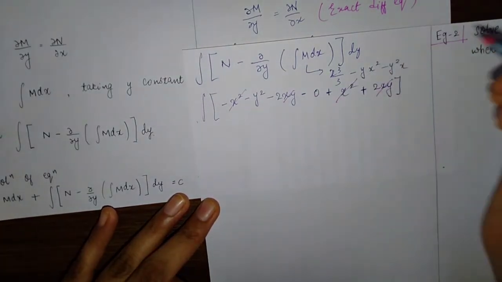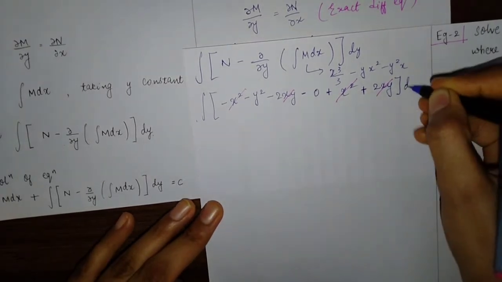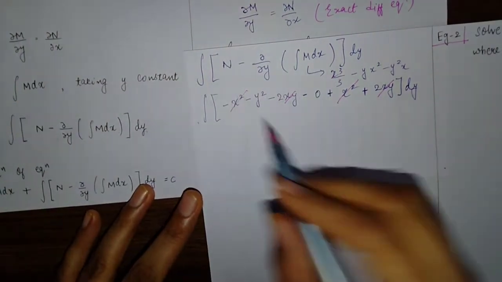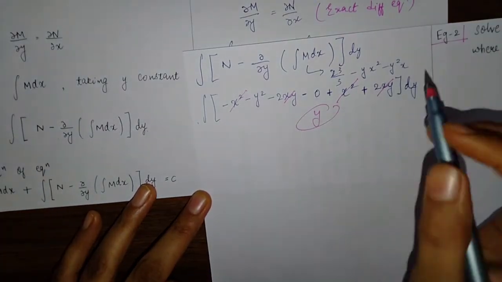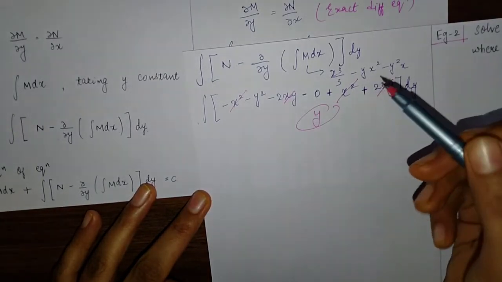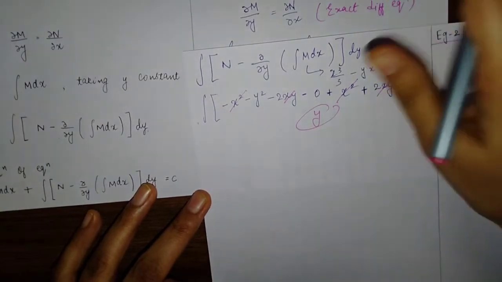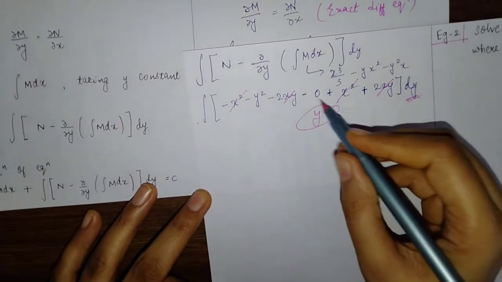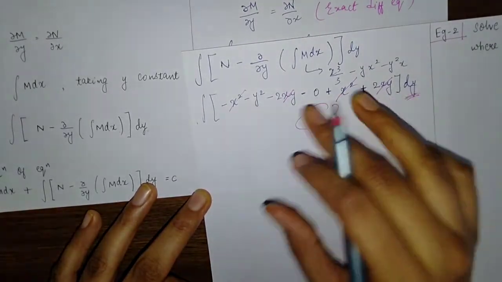Okay, and only y square will remain with respect to dy. You always have to remember that when you do this term, only y terms will remain. If x terms are also left instead of y, it means you have made some mistake in the steps above. So always remember that it is the integration with respect to y, so here only y terms will remain, and all the terms which contain x will get cancelled.